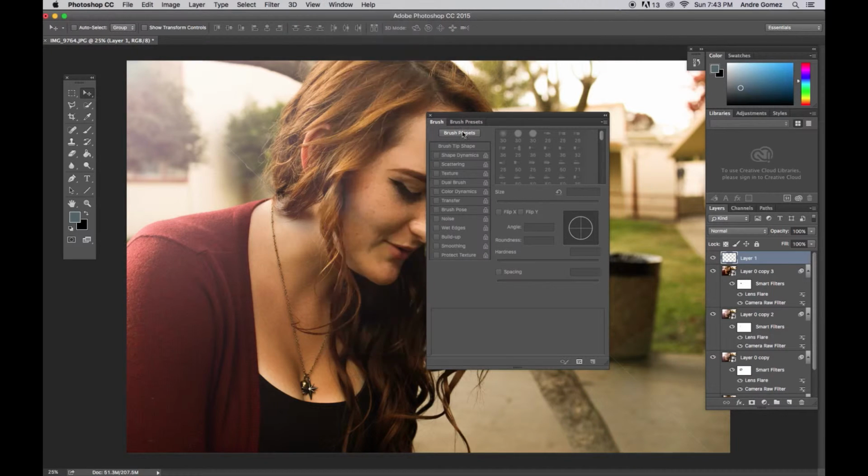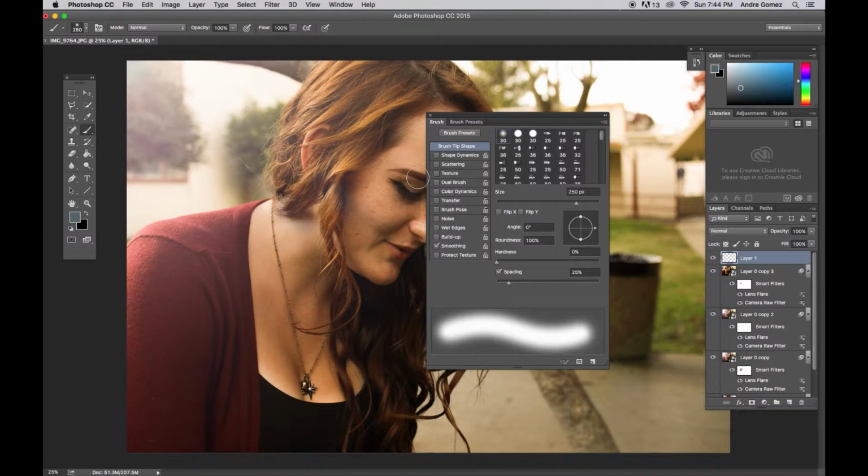And here I'm going to press B to get my brush tool, and then I'm gonna turn on some settings. I'm gonna turn on the scattering and shape dynamics. I'm gonna grab a brush tool that's fairly harder and just make sure the hardness is at 100%. I'm gonna make sure that the spacing is